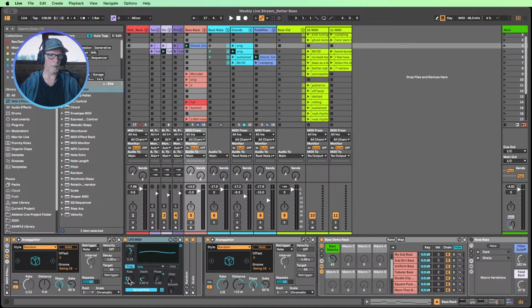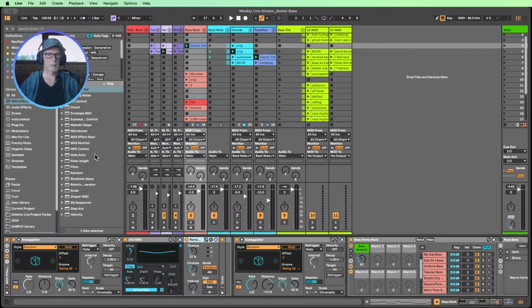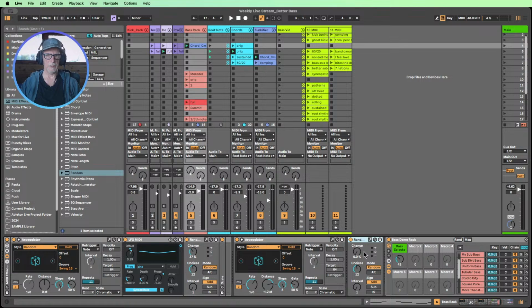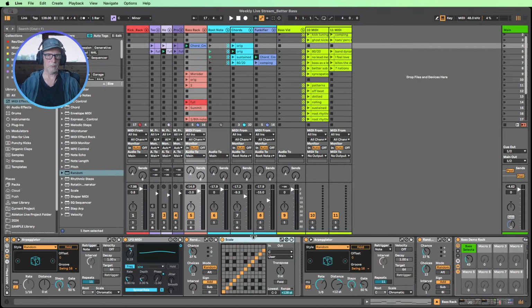And essentially the LFO is mapped, as you can see down here, to this rate, and it's moving the rate of the arpeggio around, and not too much else in here. There's a little bit of adjustment of the sine wave, but it's still a sine wave. And it's moving, as you can see, the rate of the ARP from 8ths, 12ths, 16ths, wiggling that around for us, which is great. And then I've got afterwards a random, another MIDI effect of Ableton over here. And that's literally just got some chance, which you can dial in to taste, and the rest of it's pretty much straightforward. Now, I quite like at the end here to put a scale device.